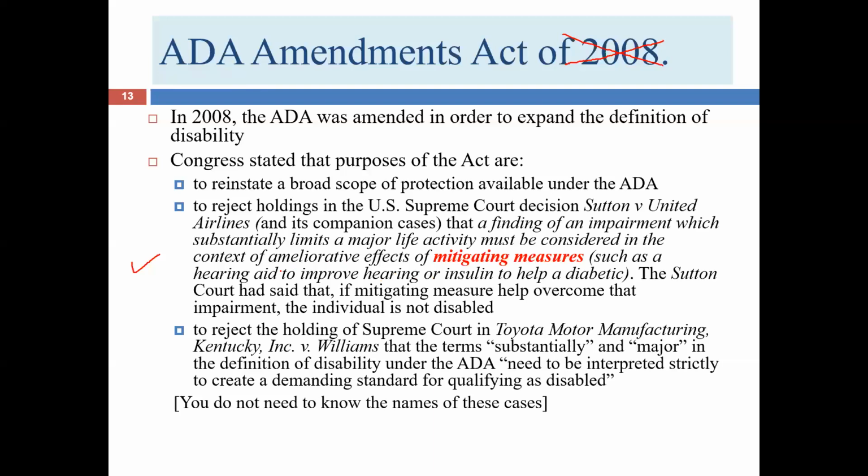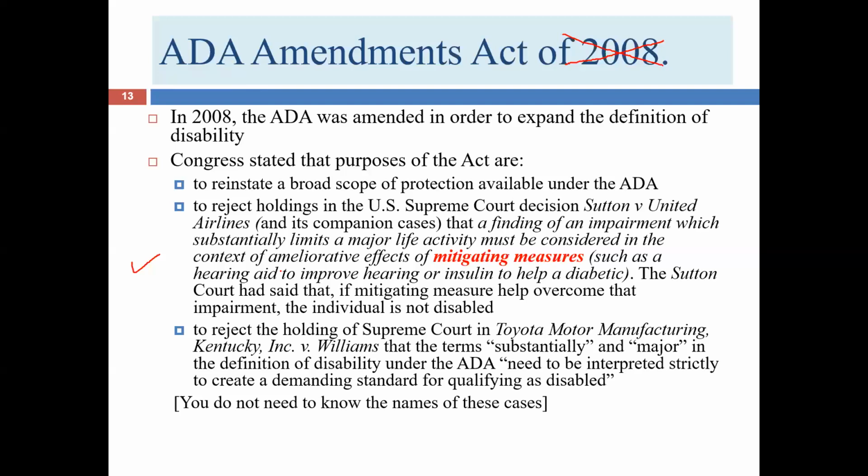So we have to consider that person with a hearing problem, which metaphorically, take away his hearing aid. Well, how is he going to hear now? Well, he can't hear much, so he is disabled. We're going to metaphorically take away the insulin from the diabetic. How is that diabetic right now? Diabetic's in bad shape. The diabetic needs the insulin to live. And so in that situation, that diabetic is clearly disabled, even though in the real world, they're going to have their insulin, they're going to have their hearing aid. So we don't consider mitigating features when we try to decide whether a person has a disability or not.